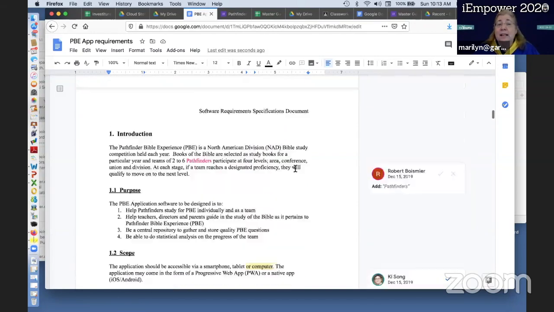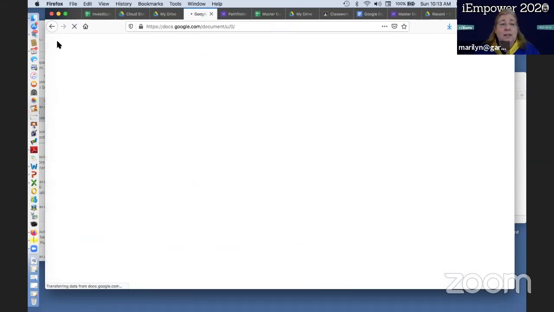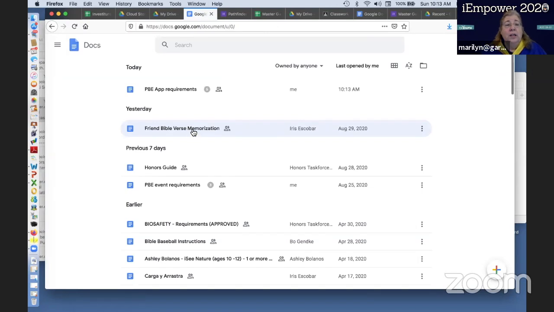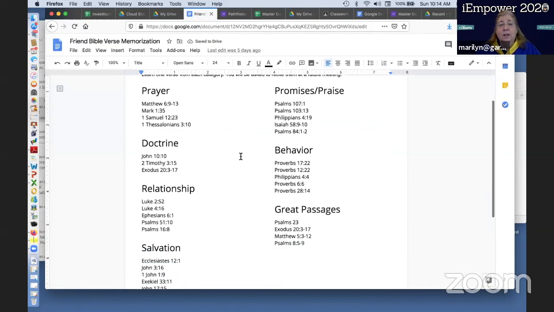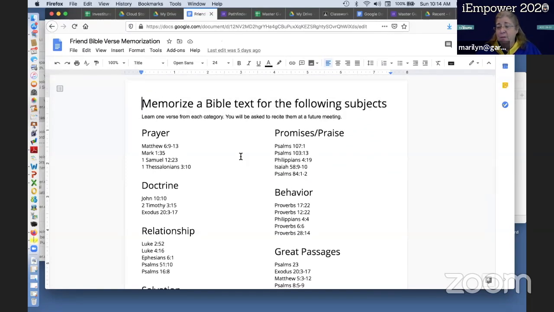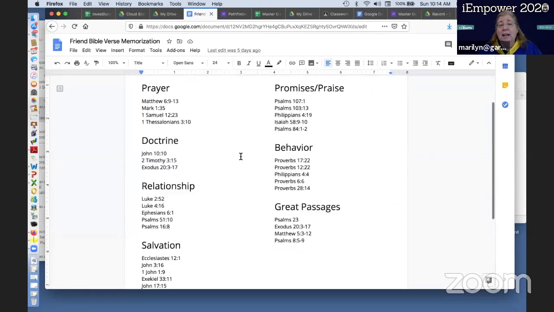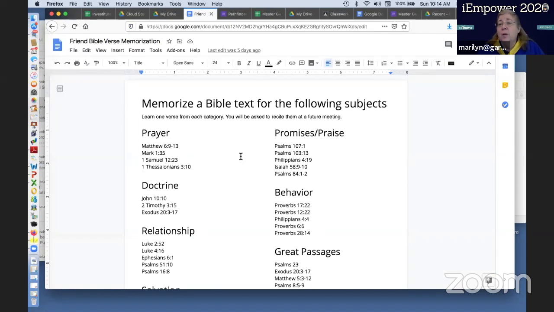Now, that's not the only way to use Google Docs. You can also use it as a document for people to print out. These are the memory texts that friends have to have. They can't edit it. I haven't given anybody permission. I just send it to them as a non-editable document. So I can store documents that I've built in Google Docs just for sharing. Either way, it's a great way to use Google Docs. So let's go to